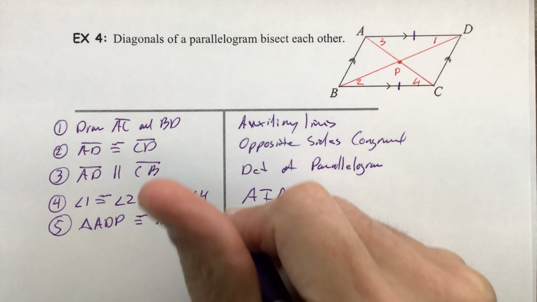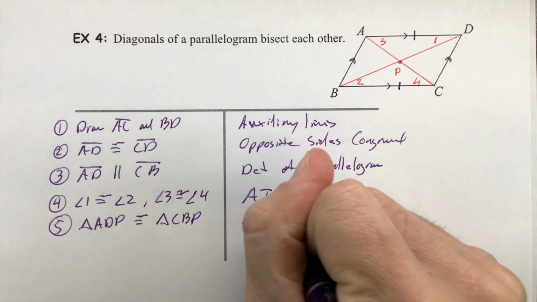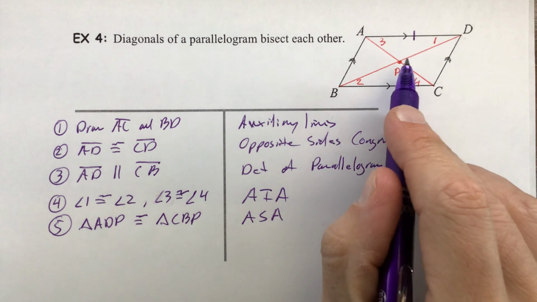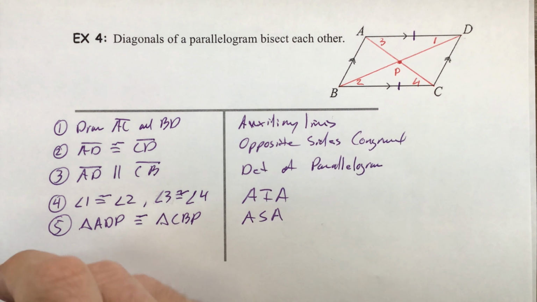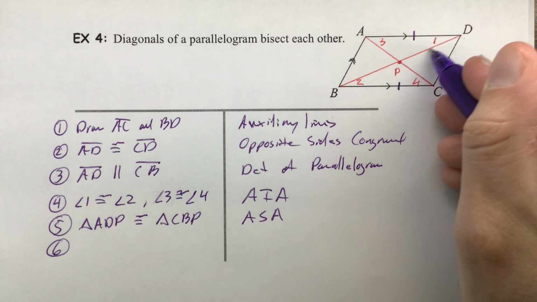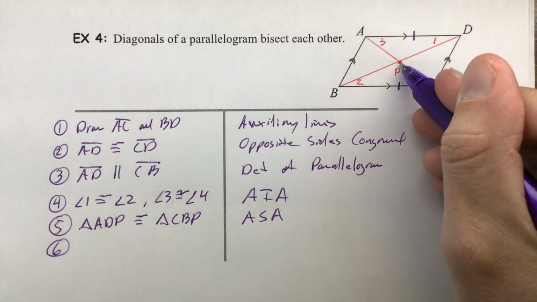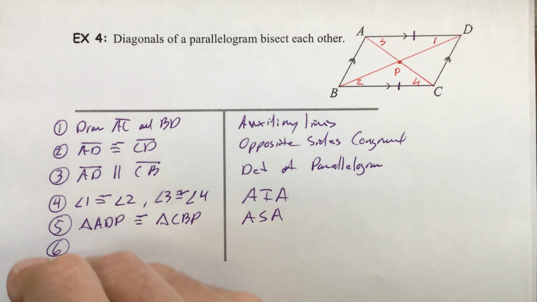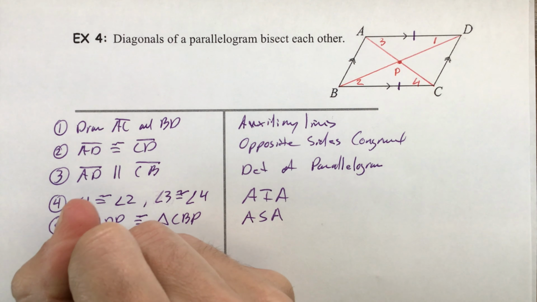And the reason again for that is angle, side, angle. If the two triangles are congruent, that would mean any corresponding parts are going to be congruent. For example, this segment that's right next to the 1, which is across from the 3, I can say that PD